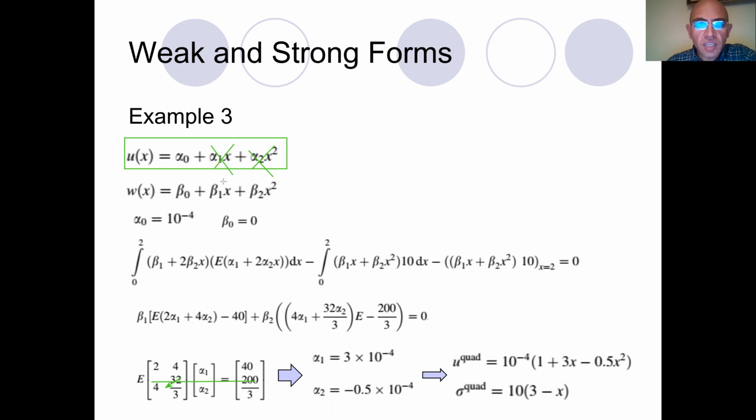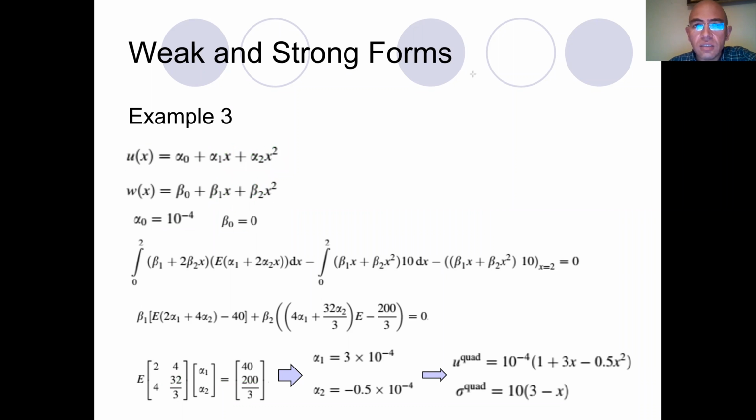And it will be the same for w. These terms will vanish as well. And as a result, since the weight at the essential boundary when x is equal to 0 has to be equal to 0, from here I can find that beta 0 is equal to 0 and alpha 0 is 10 to the power minus 4. Okay, now